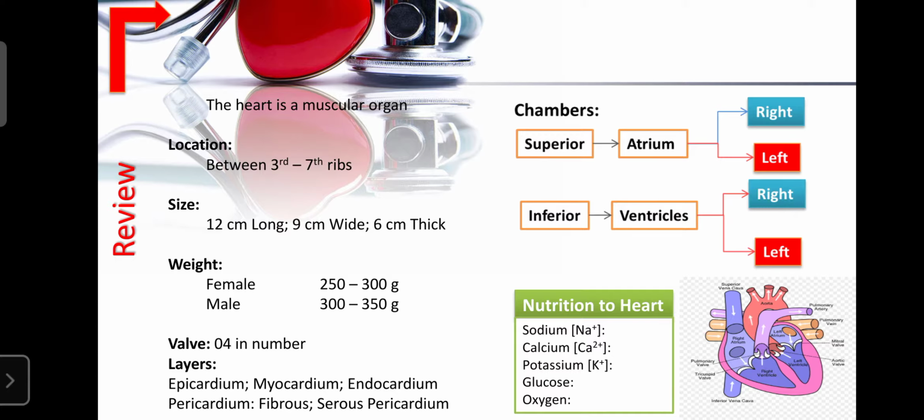Here also, the same in the heart: if any drug, element, or food increases sodium and calcium, then definitely that drug increases the function and performance of the heart. If it is in excess, then the heart functions abnormally, that is, we suffer from high BP, which is known as hypertension.